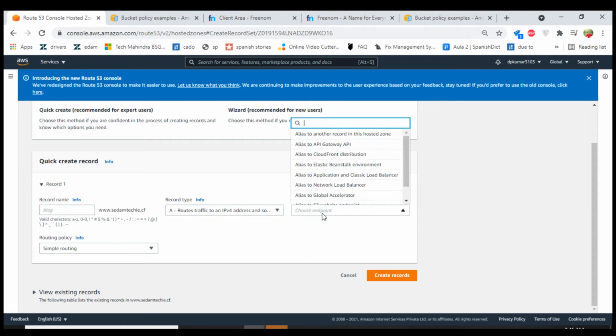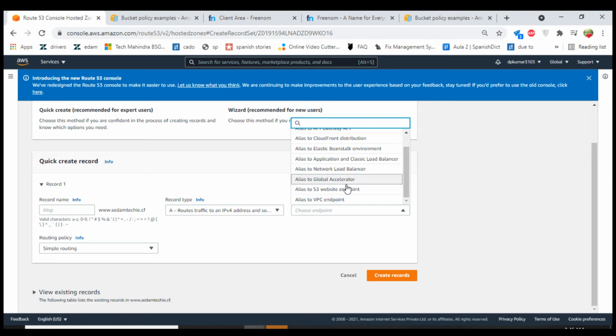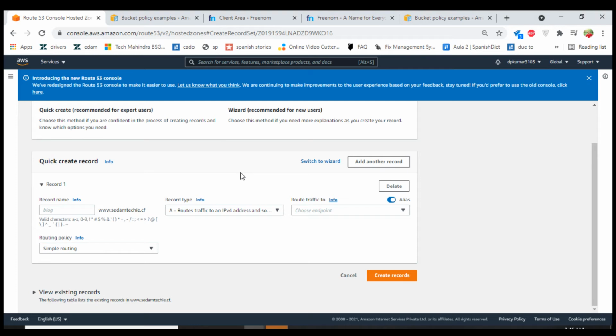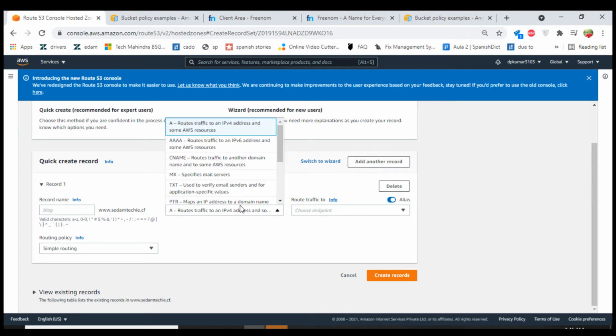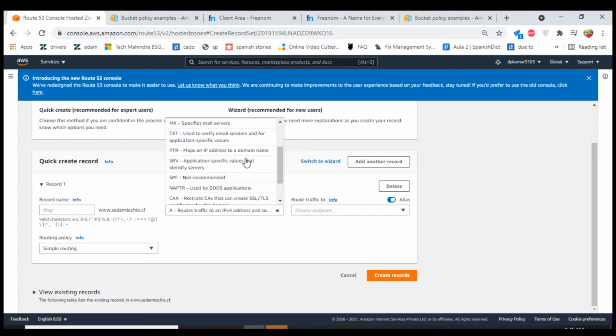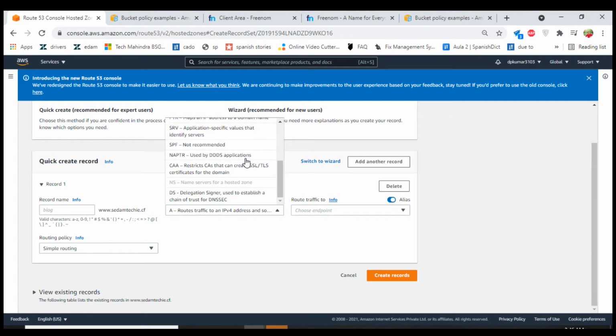Now select your record. So the bucket is already created. Already the domain name is selected here. Simple routing. So the name servers for your hosted zone are also selected.